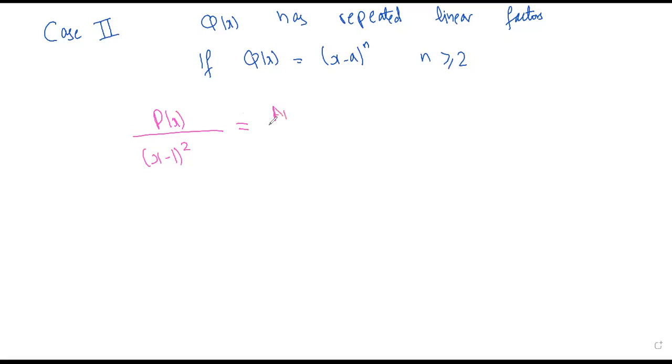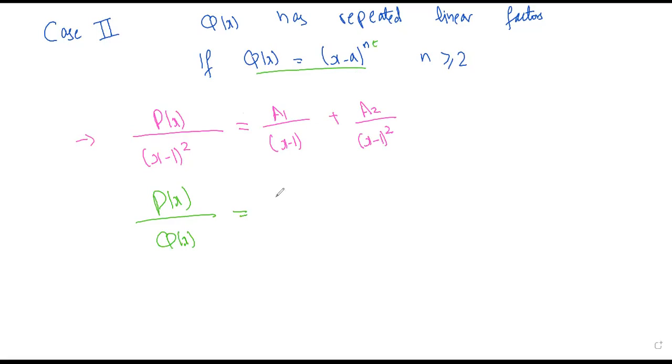So we will have a1 divided by x minus 1 plus a2 divided by x minus 1 square, right? This is for this example. Now, if I talk about the general case, about this one, how would it look? P of x divided by q of x equals, now we don't know whether n would be 2 or greater than 2. So it would be a1 divided by x minus x1 plus a2 divided by x minus, let's write it down as a,